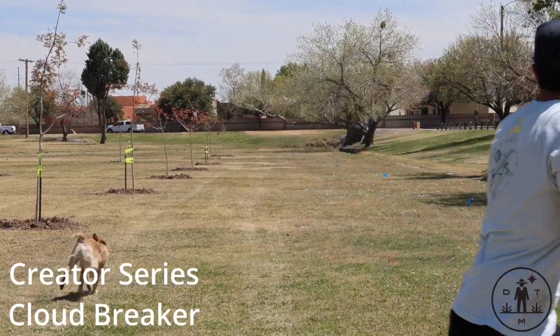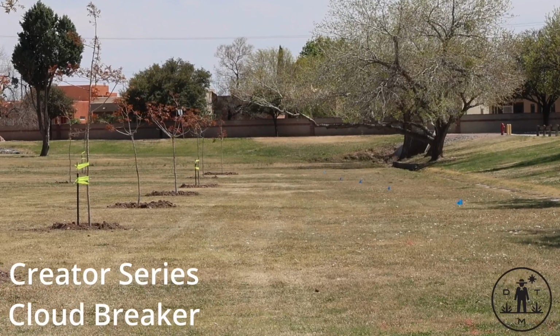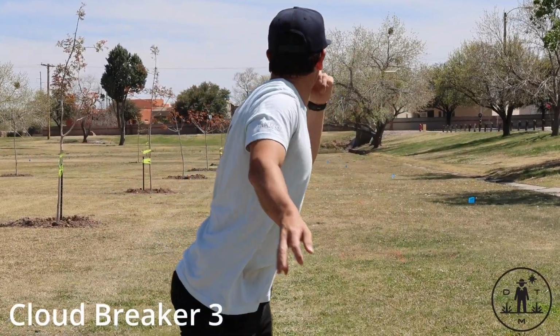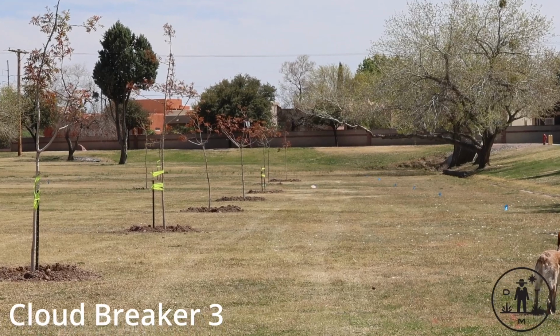Series Cloudbreaker will hold out straight for quite a while, but it's high enough, so at 300 it still has quite a bit of stability and then finishes pretty hard left, whereas the Cloudbreaker 3, you can hang it out a little bit more and a little bit lower, but you see it immediately want to flip into a hyzer